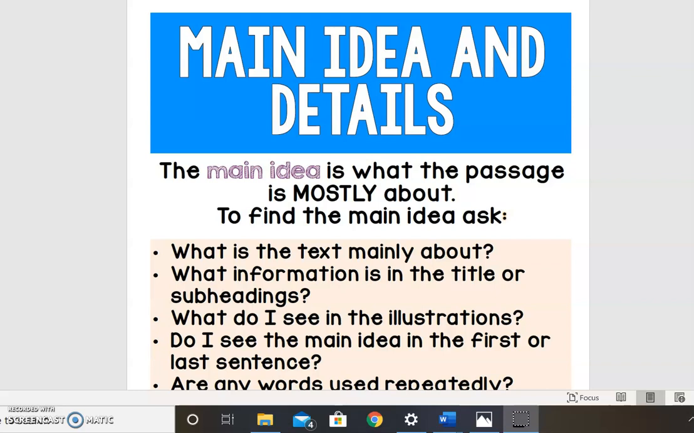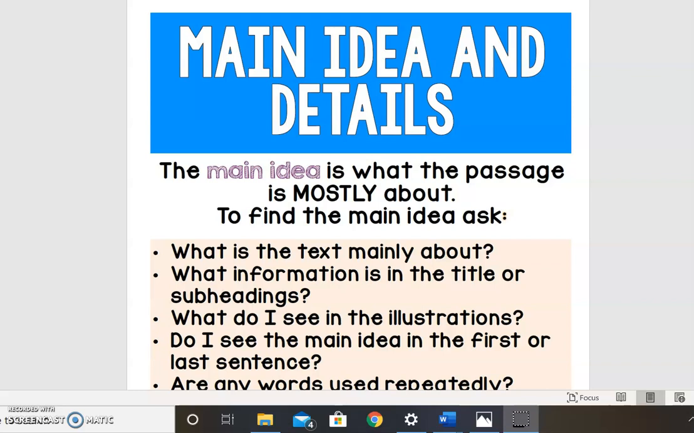Okay. First question, what is the text mainly about? So what is the whole thing about, and what is the author trying to get you to understand, or what point is he trying to get across? What information is in the title or subheadings? And what do I see in the illustration? So once again, we're going to be using text features to help us figure out what the central idea of